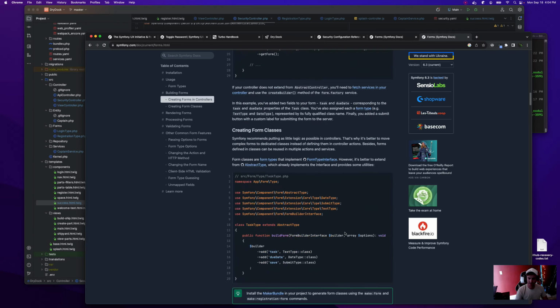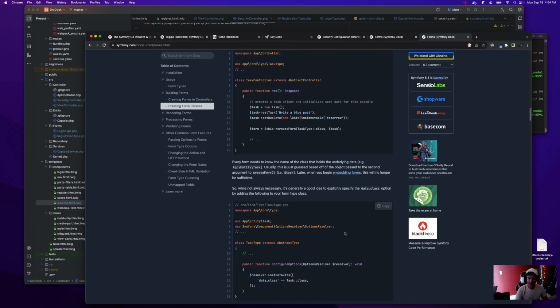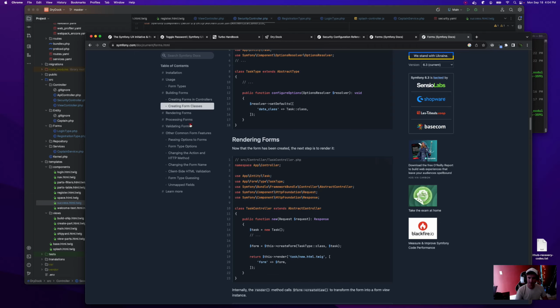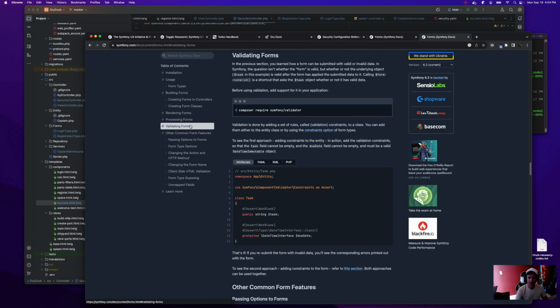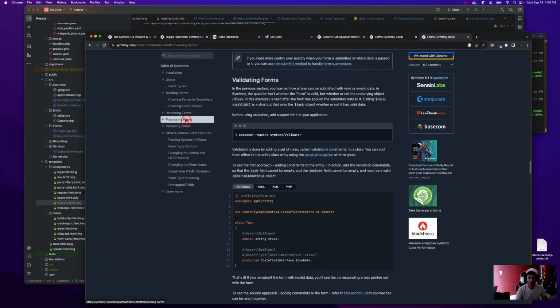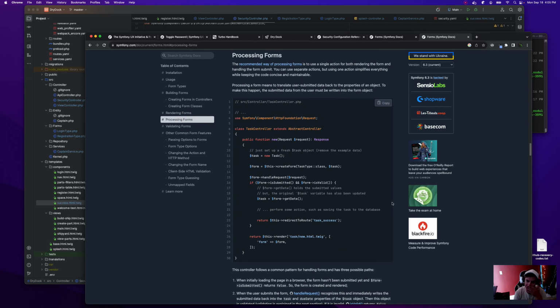Form builder, blah, blah, blah, all that stuff. Validating forms. Processing forms. That's what we want. Okay. Yeah. That would be an issue.